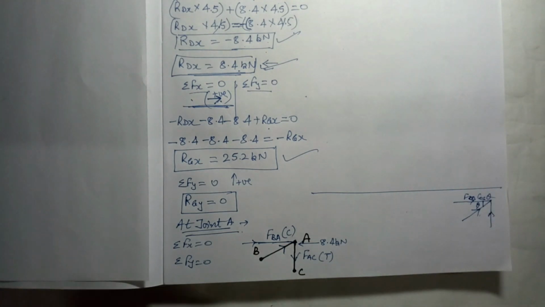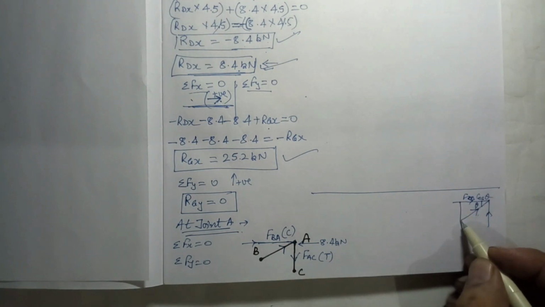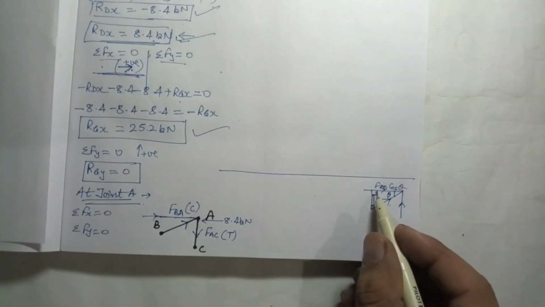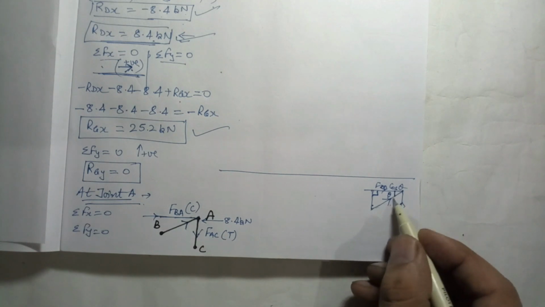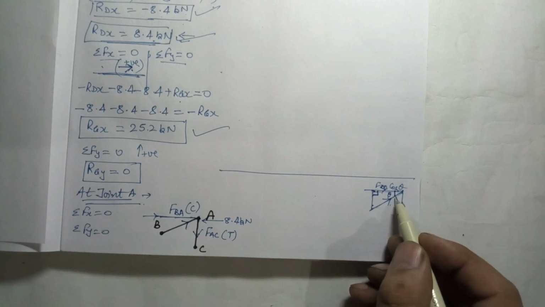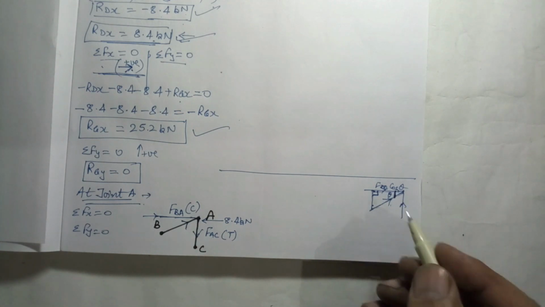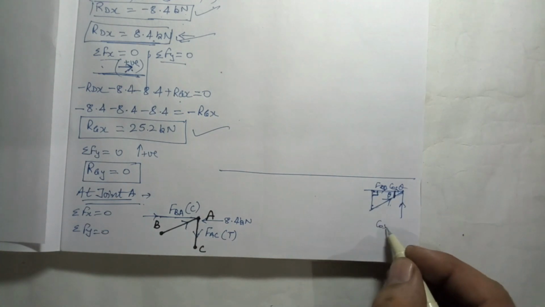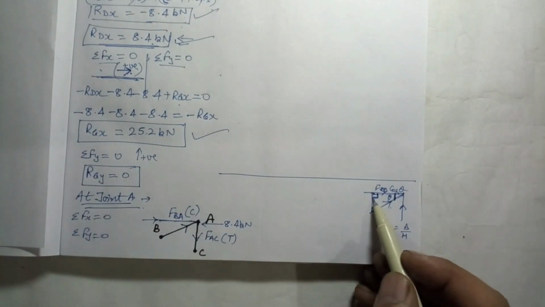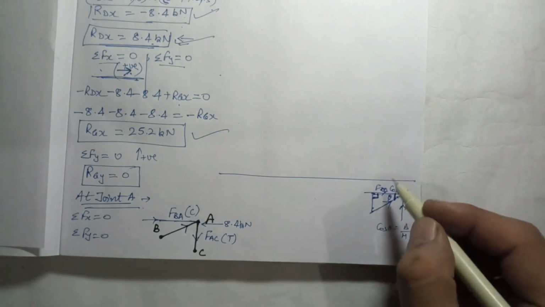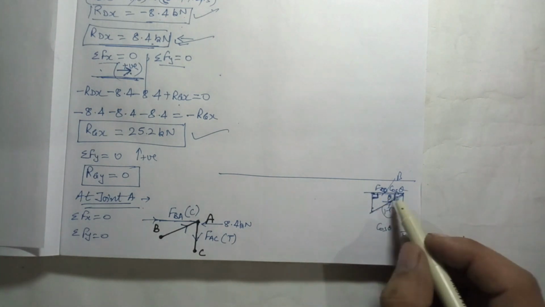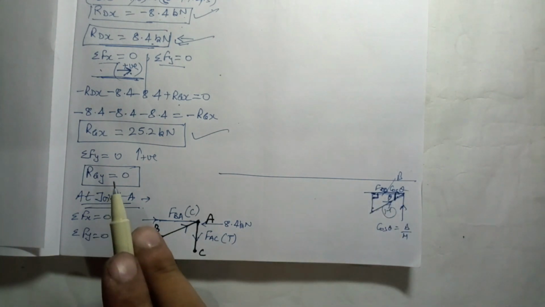Now how can I find this theta? If I have this triangle with a 90 degree angle, and this angle theta, this was the force AB, it has two components, this one and this one, so it is F cos theta. So what is cos theta? Base over hypotenuse. Always opposite to the 90 degree is the hypotenuse, and this side will be the base. For this base, we have the distance that is given, 2.8.